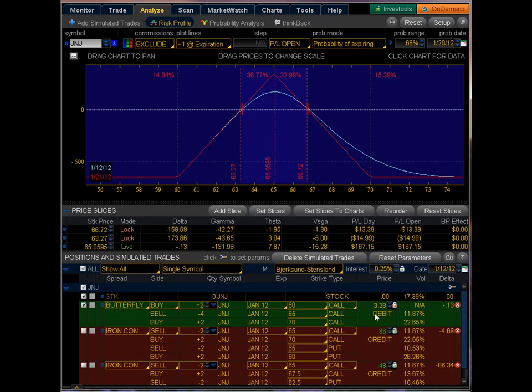It's also called your margin. So it's your max loss going in, and then when you analyze it, you can actually determine what your max profit would be. And in this case, it was somewhere around $331, give or take. These numbers will vary as the market changes. As you can see, the lines are moving around. But $330 was approximately the max gain, and that was if the stock was exactly at 65 on expiration